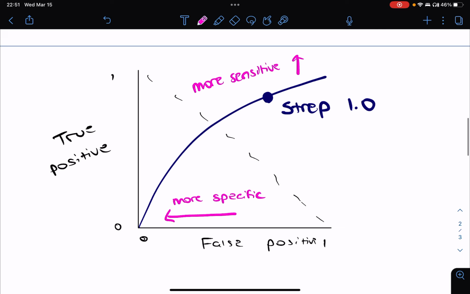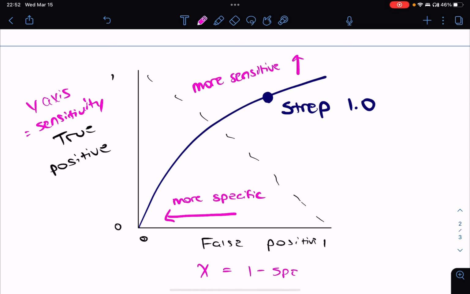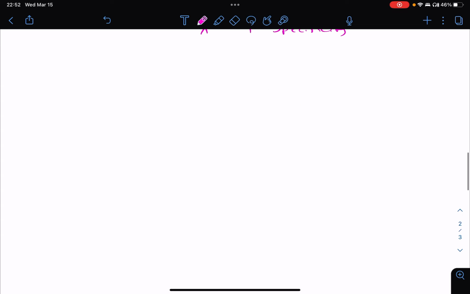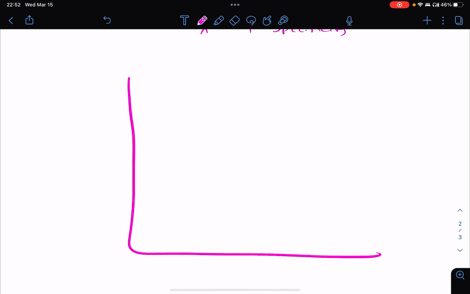I wrote that out here a little more clearly. Basically what that means is that our y-axis is sensitivity and our x-axis is 1 minus specificity. And so we have tests that are more specific as they go to 0. And so just recalling stuff from earlier videos, we have our false positives, we have our true positives,